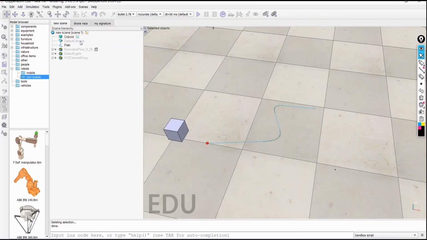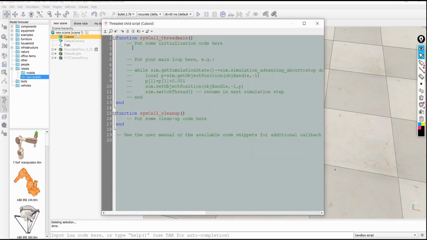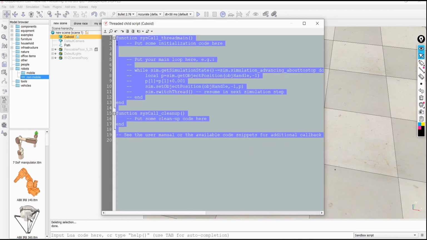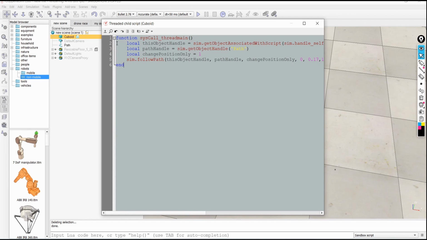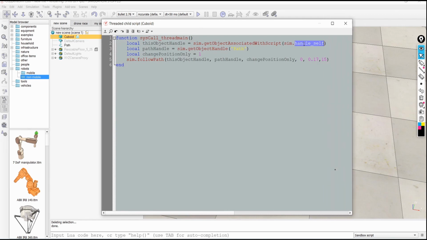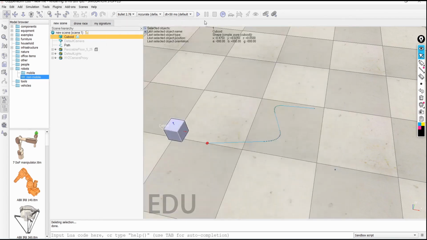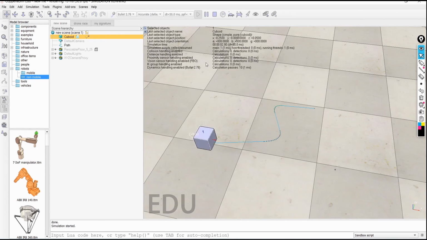Let's delete this one, and over here I will put the same code. This self-referential will refer to this cuboid, as I told you earlier. Now the rest is the same. Let's see if it is going to follow the path or not.